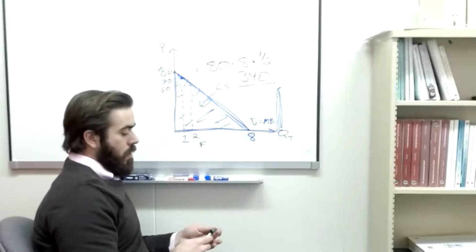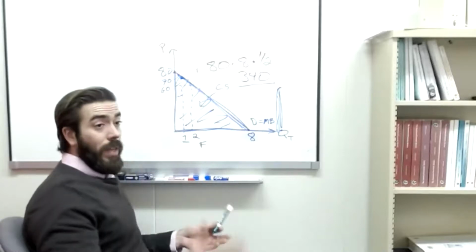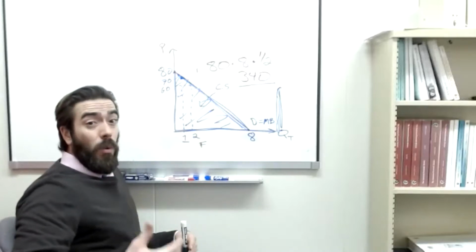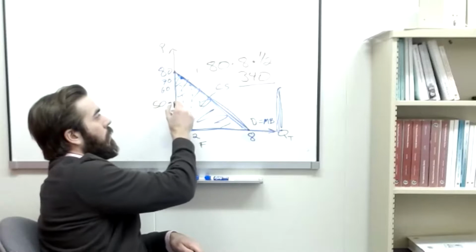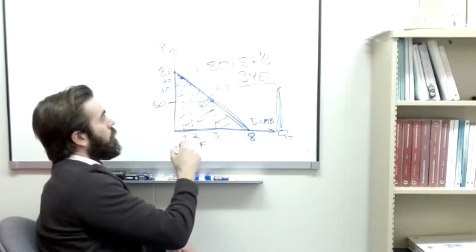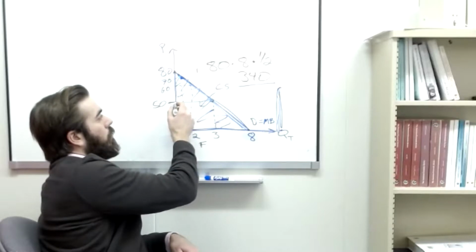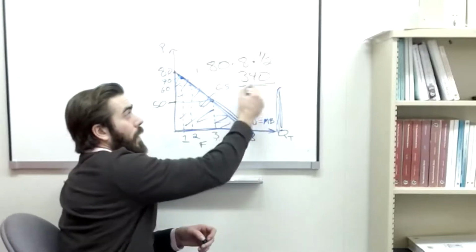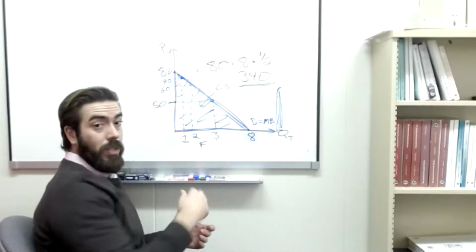The reason why you wouldn't want to charge a single price for every ticket, let's say that all the games are the exact same quality. It's just that for this one individual, once I go to one game, I don't value going to a second game that season nearly as much. So if I try to set the price at something like 50, they'll purchase, what would that have been, 3 tickets, right? Yeah, 3 tickets. But the amount of revenue you earn is only 3 tickets times $50. You're only getting $150, as opposed to if I charge a fixed fee, I'm getting $340 there, right? And selling a ticket to every single game.